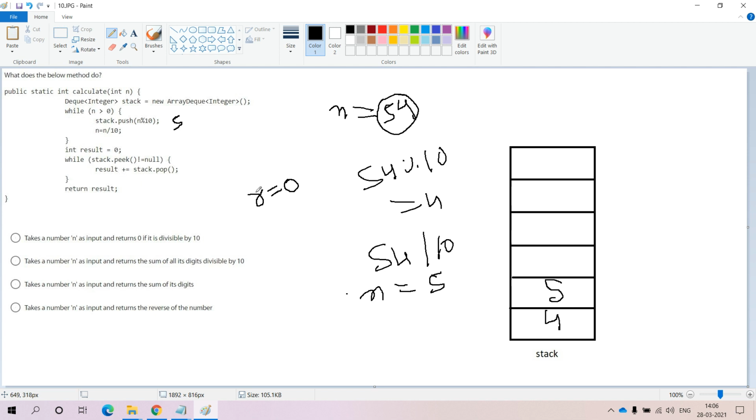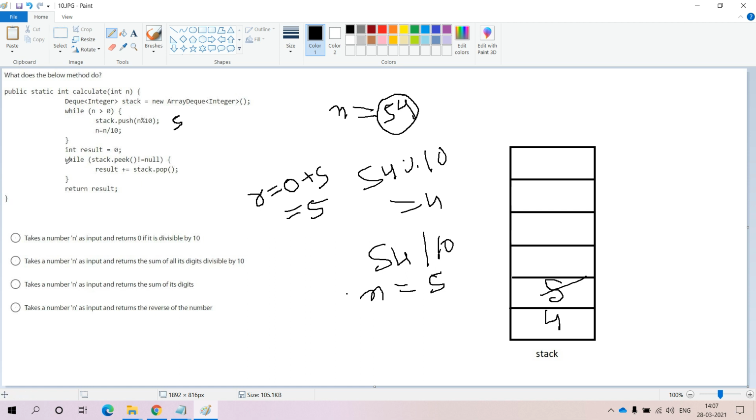It will enter into the while loop. Within the while loop, for the resultant variable, the value available is 0. To that 0, we are popping the element from the stack. That element is 5, which we add to the result. So 0 plus 5, the value we get is 5. The element we removed from the stack is 5, which we added to the resultant variable, so result r equals 5.